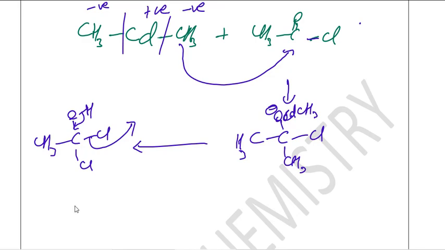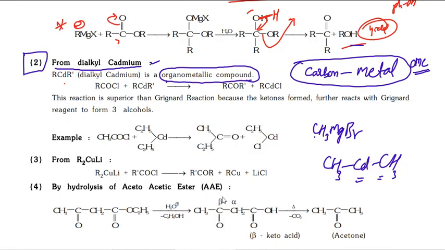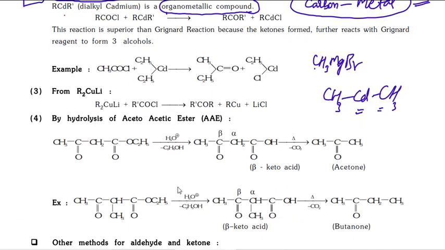So same mechanism, there is no change. Similar mechanism to whatever we wrote for Grignard reagent, same mechanism here. But the thing is, this carbonyl compound further cannot react with dialkyl cadmium, CH3. So these cannot give alcohols. Alcohols are not produced by dialkyl cadmium. That is the advantage. Next, one more is there, similar,